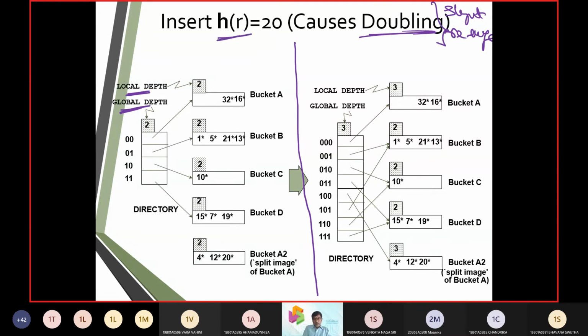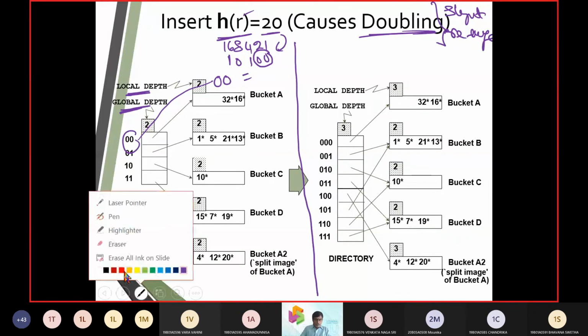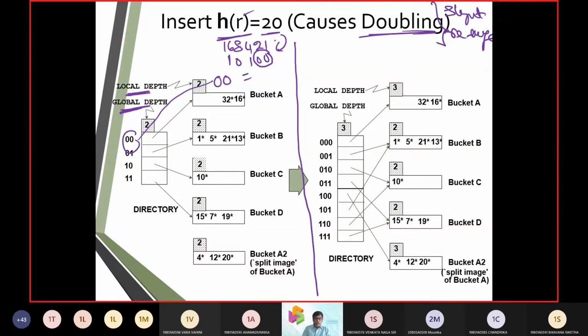So first of all, the hash value is 20. That means 8, 4, 2, 1, 16. So 16 plus 4 is 20. Remaining elements I am going to put as zeros. Now you can see the last two significant positions are 0, 0. Now it is mapped to this position and you are comparing this 0, 0 element with the 0, 0 element at this point. So now you are going to compare 0 and 0 here.